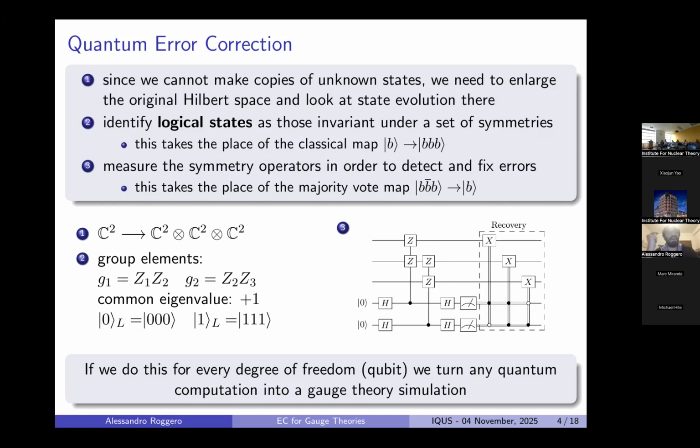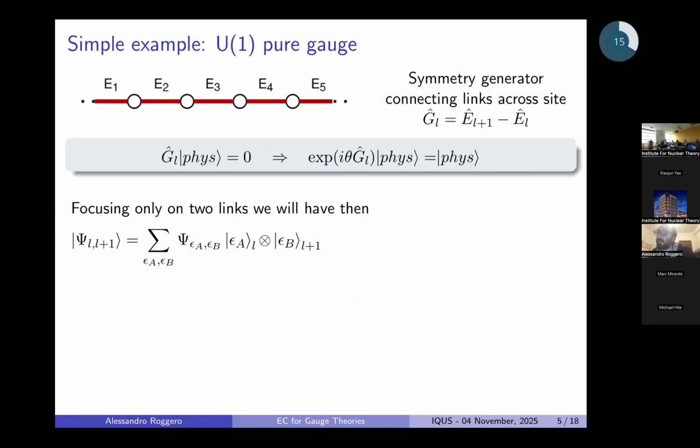But the idea is that gauge symmetries and the stabilizer formalism of quantum error correction have things in common. They are both essentially specified by local symmetries. So to try to get closer to lattice gauge theories from the other side, let's take as a very simple example the 1+1 dimensional U(1) pure gauge theory, where you have a collection of links, sites are always empty,